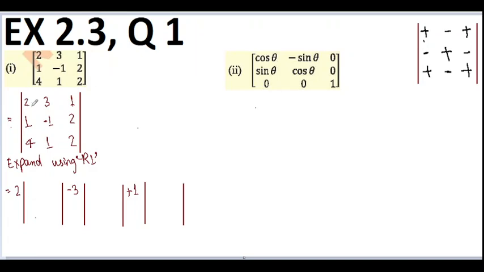Now we have taken 2. We are going to leave the column containing 2 and the row containing 2. This is the column that contains this 2, and this is the row which contains this 2. We have to leave both these lines. I'm just going to draw a temporary line over here. Then we write the remaining matrix: minus 1 2, 1 2. We don't have to draw these lines on the paper, but it's just to make you understand which matrix we have to write. So leaving this column and this row, we write here minus 1 1 2 2.